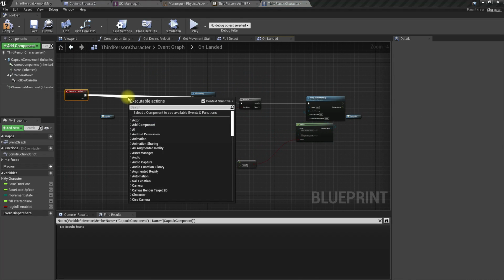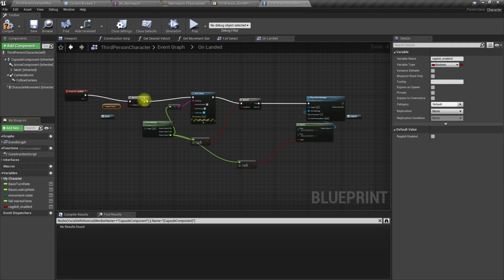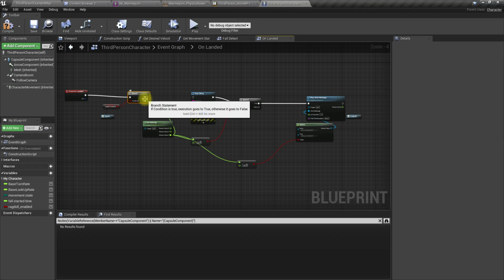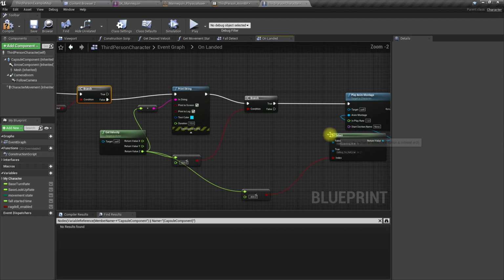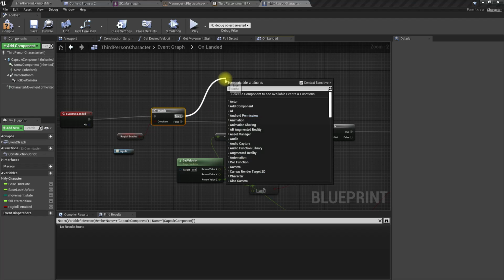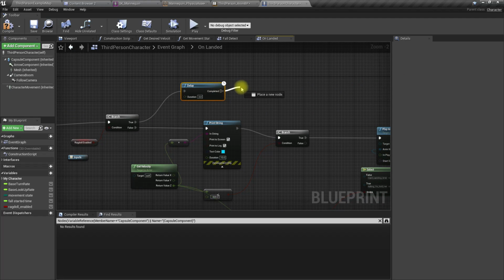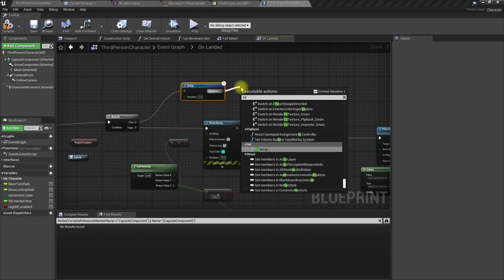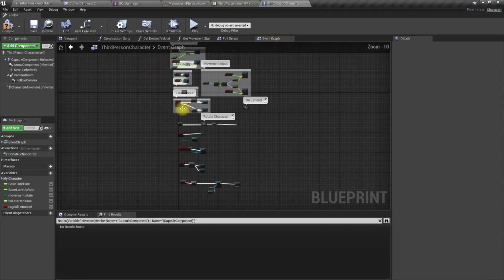Here, take a branch. If ragdoll is enabled, we can't do this. Only if we haven't enabled ragdoll, we can play these rolling landing animations. If the ragdoll is enabled, let's give some time to settle the body, let's say 3 seconds, and then let's toggle ragdoll false, and let's see what happens.